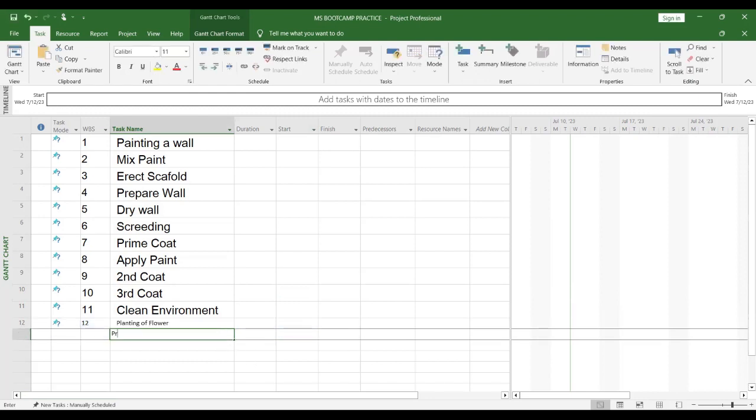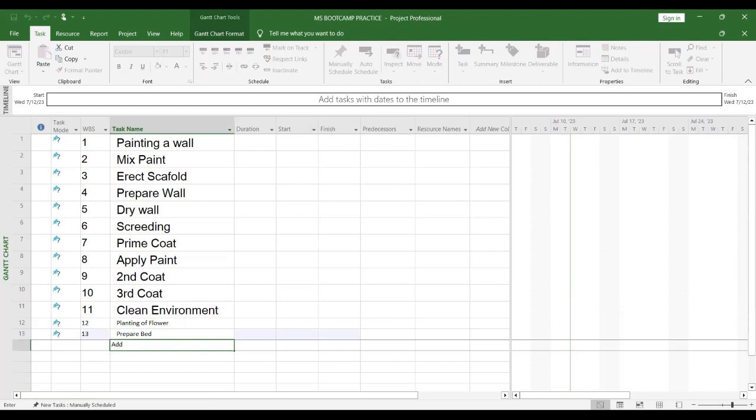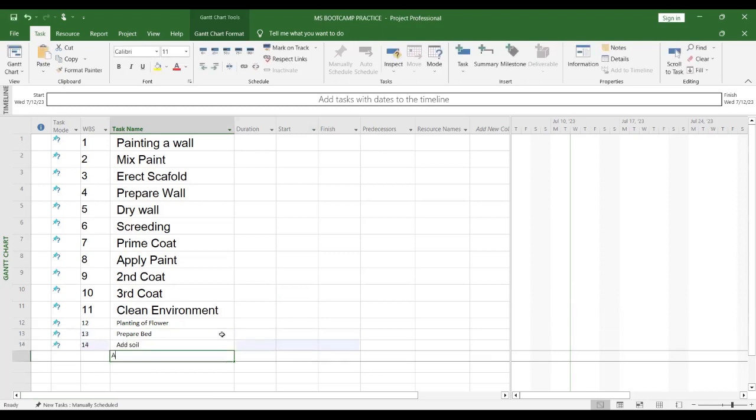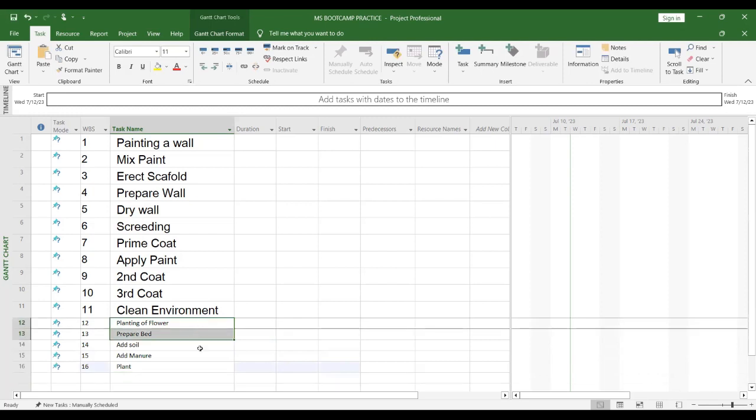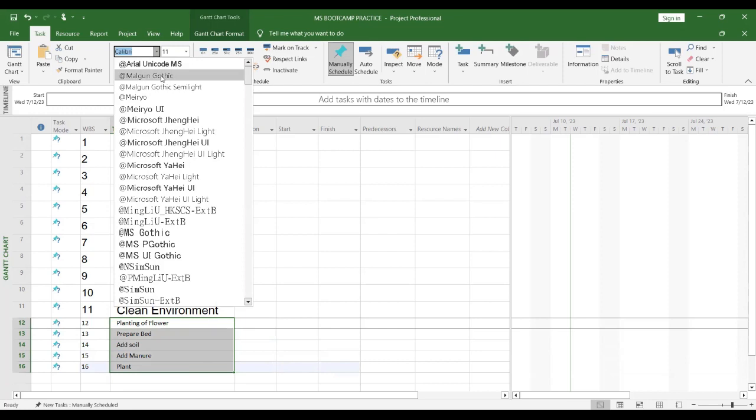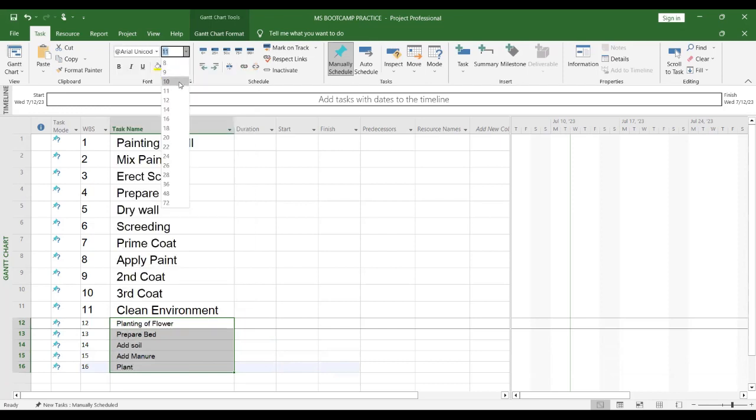Let me quickly just do this. Prepare bed. Add soil. Add manure. Plant flower. I just want to do this quickly just to buttress a point, right? So let me do